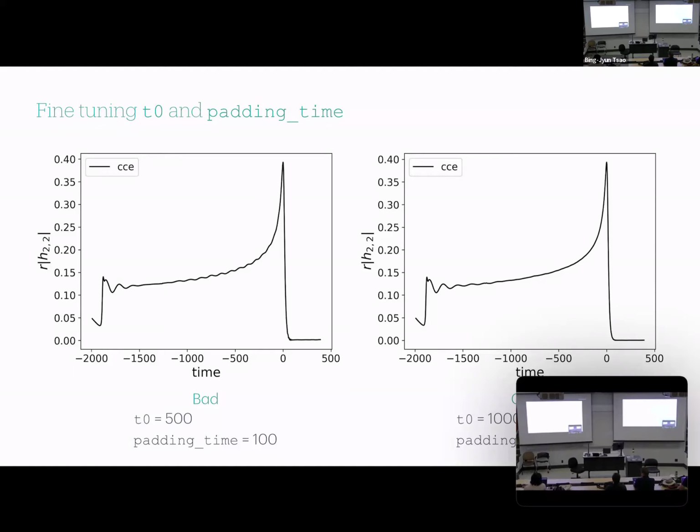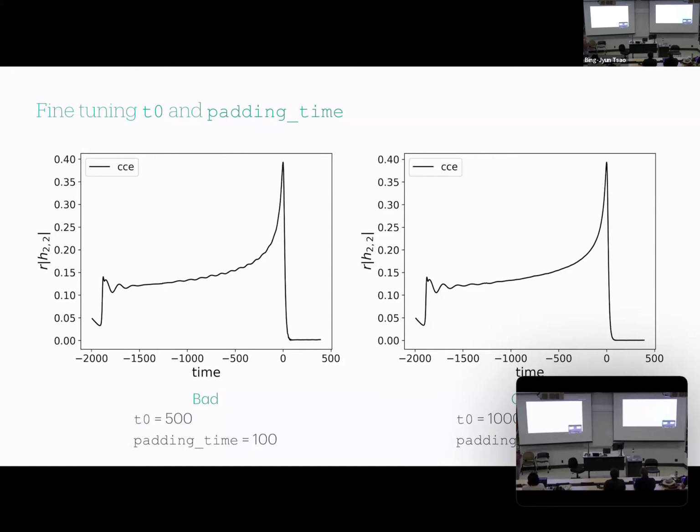Over here, well, you can't see it, but it's got a padding time of like 800. And so it's in the right frame all the way through merger and for most of the in-spiral. Now, what you will note, if you were keen-eyed, is that in all my previous plots, I started at -1000. So I had cut off all of this before here. Because you can definitely still see that there's wiggles here.